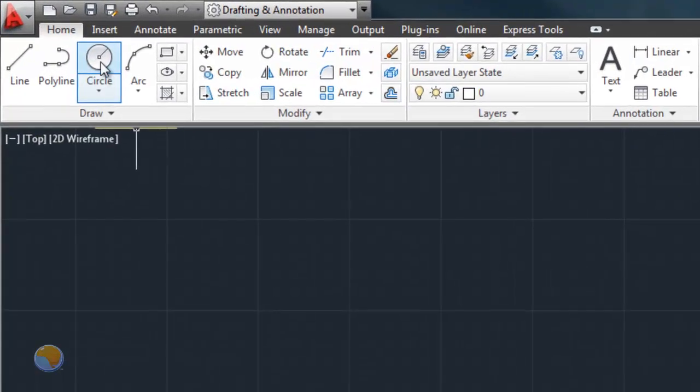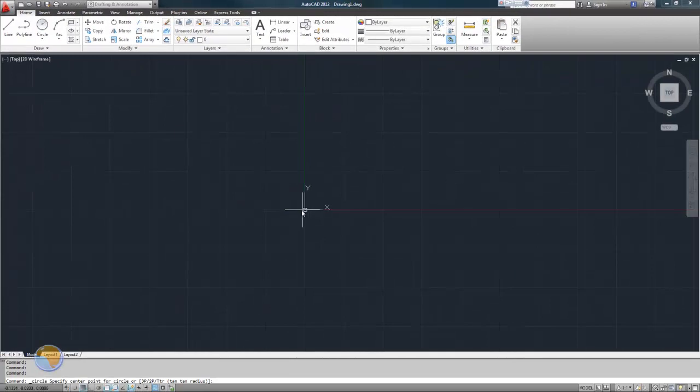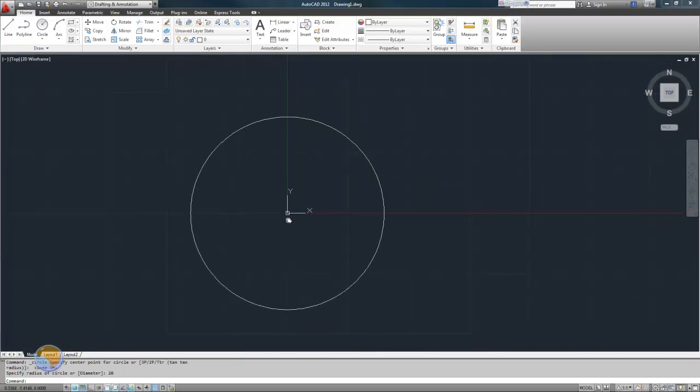So we'll start with a simple circle, and I'm going to turn on my snaps so I can snap to the grid. I'm going to start my circle there in the center, and I'm going to type in 20 for my diameter. So there's 20 inches,